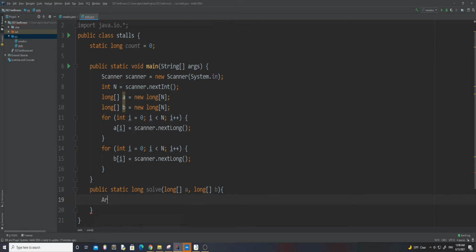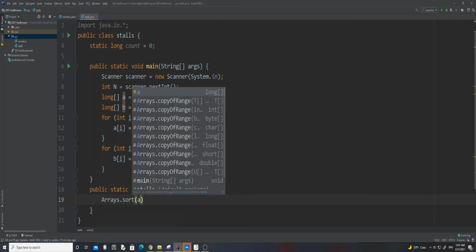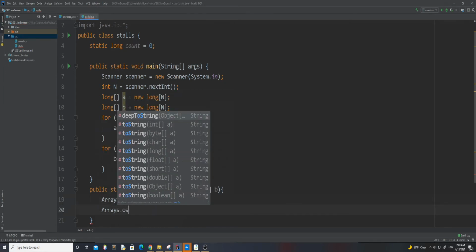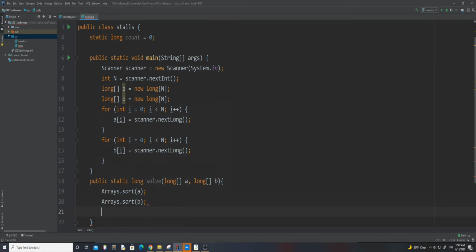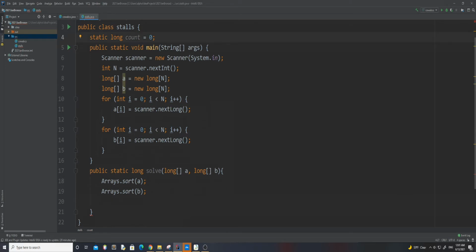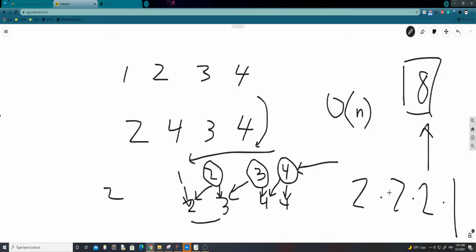So we're going to do Arrays.sort on a and Arrays.sort on b. And then I've also created this global static variable here, which is going to be the count that will be returned in the end. So it's going to count how many possible ways we can configure the stalls. Let's just set count to 1 for now. Actually, it's not always going to be one, but this is what we're going to multiply by. Remember, over here,